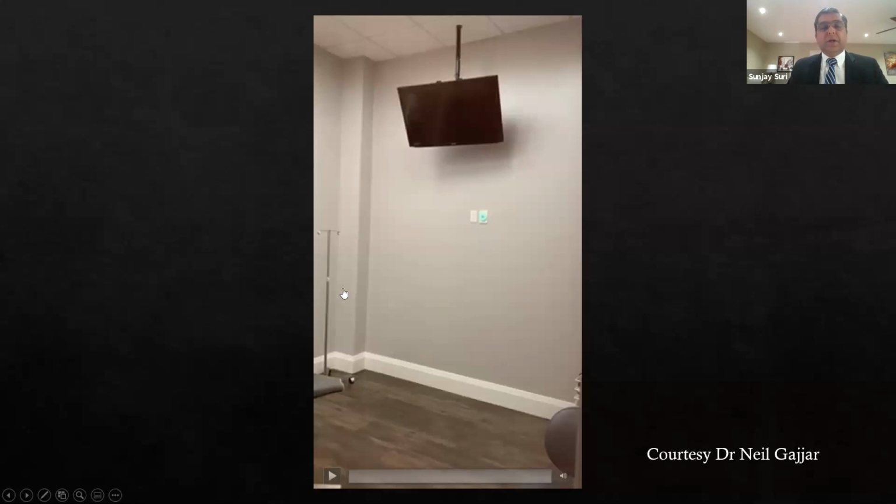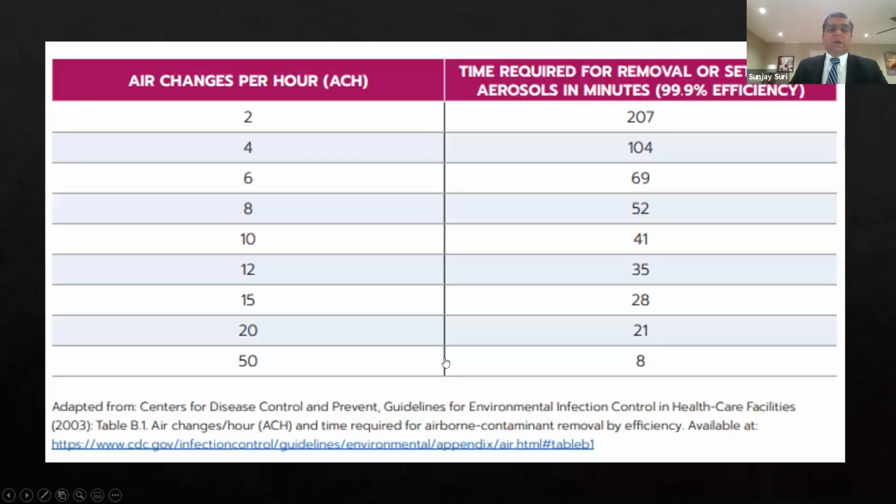So let's say that the patient's in the chair and you are now ready to proceed with the AGP. You want to make sure that you're seeing negative pressure at that time when it's being done. There are other things to consider when you've got air exchanges. The current recommendation from our regulatory bodies, which really comes from the CDC, is that if you have absolutely nothing, air exchange is considered to be about 2 air changes per hour. But if you have set up, using an HVAC consultant, an increased air change rate within the operatories, and you're up to about this figure here, about 15 to 20 air changes per hour,